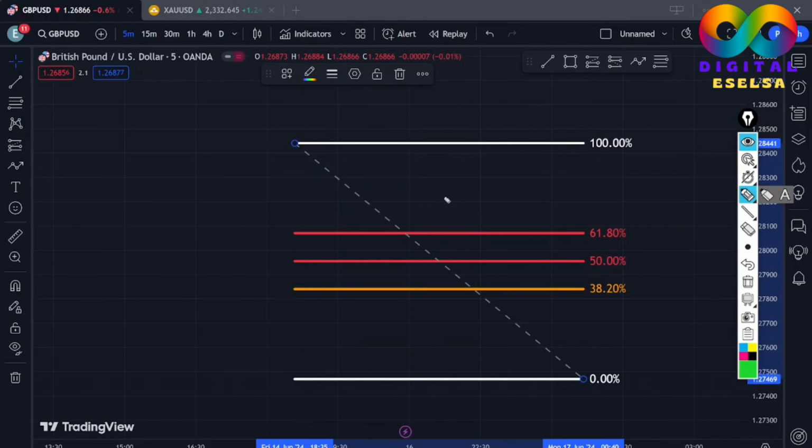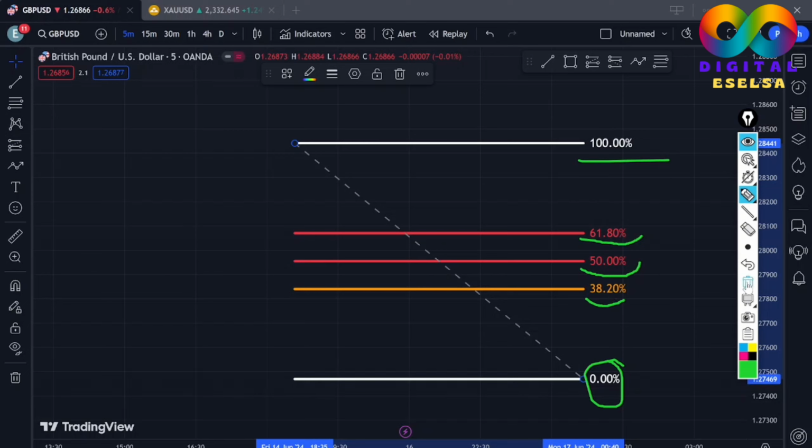It is just a tool that contains different numbers from 0% to 100%. As you're able to set it, look at the 0% Fibonacci retracement level, and this is the 100% Fibonacci retracement level. In between the 0 and the 100%, you have the golden zone. These are these two lines marked with red: the 61.8 Fibonacci retracement level and the 50.0 Fibonacci retracement level, and these levels are marked in percentages. Right, and then we also have the 38.20%